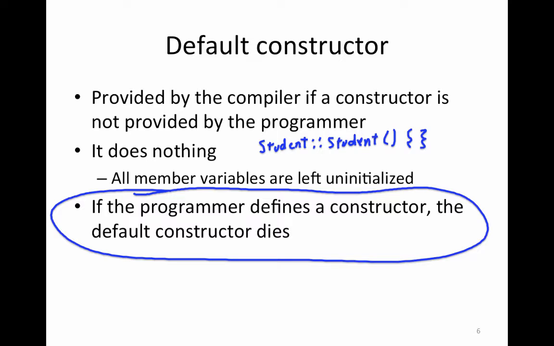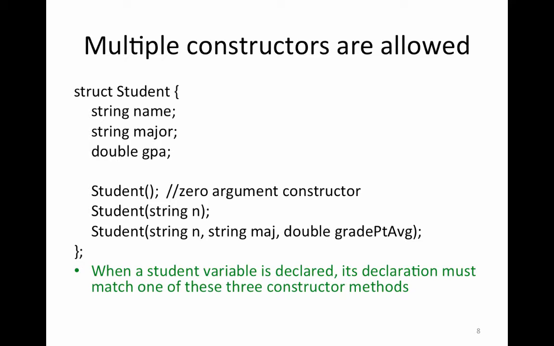So it does not provide a default constructor if you create your own constructor. What that means is that if you want to, let's see, do this my next slide, yes. If you provide a constructor and now you want there to be a zero argument constructor, you must explicitly declare